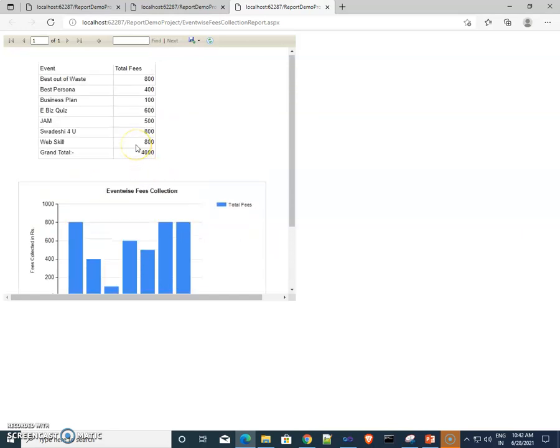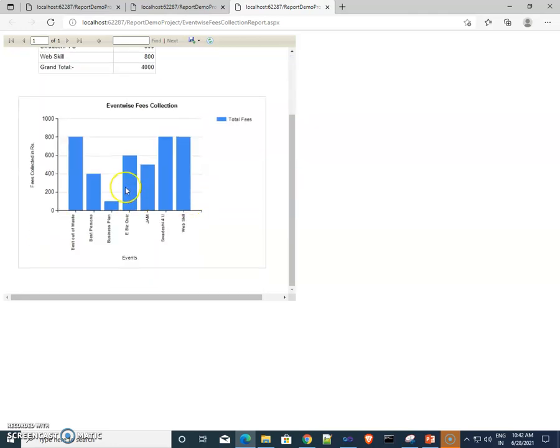So as compared to tabular representation, we easily get the answer: which is the minimum collected fees event, and which is the maximum fees collected event. These are the events where we get the maximum collection, and this event, business plan, has the minimum fees collection.